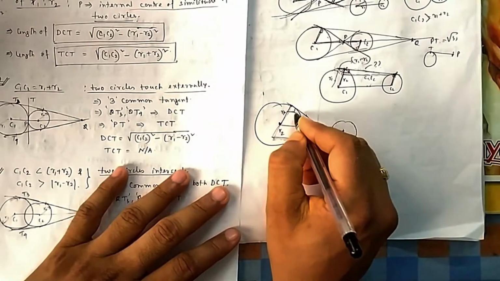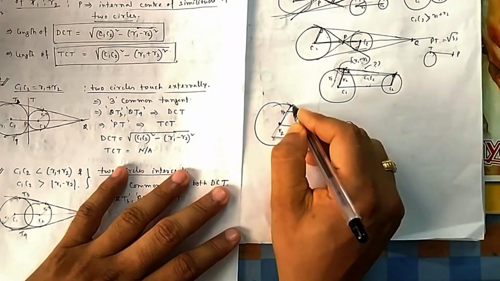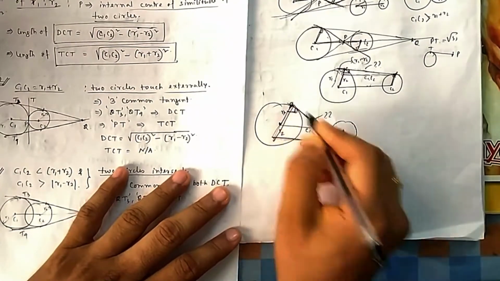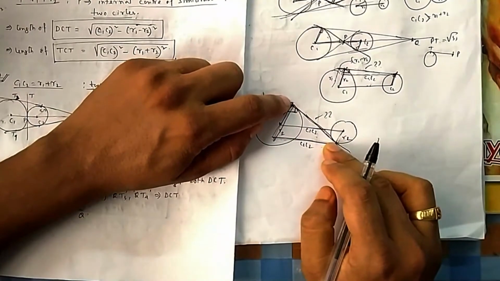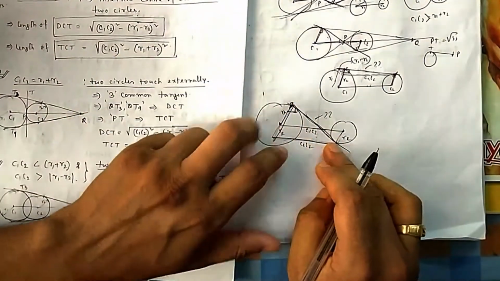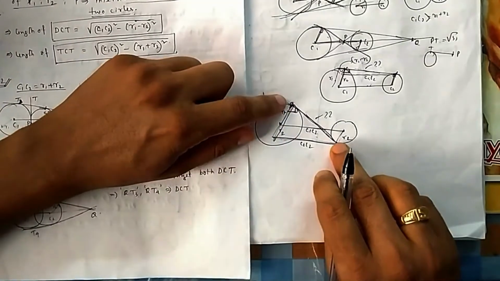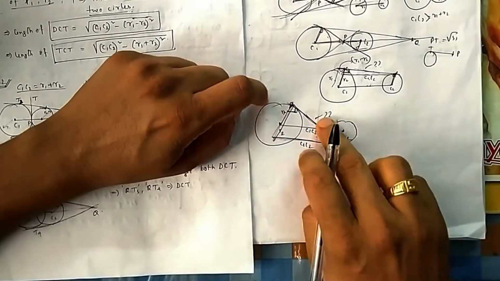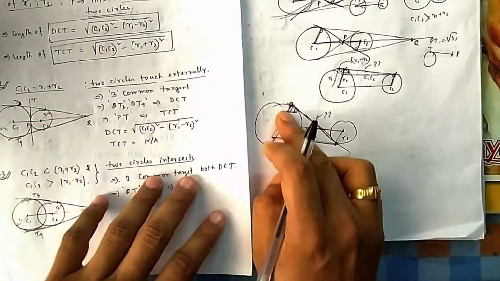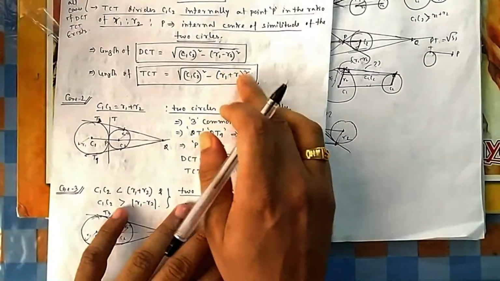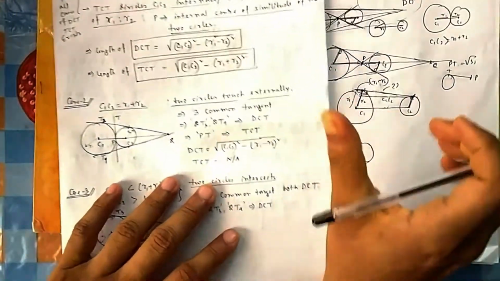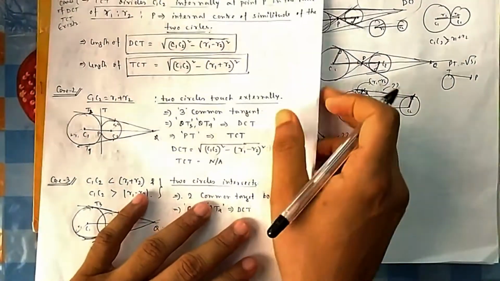So you can see this length from here to here, this triangle. This is 90 degrees. So this length will be equal to, because TCT will be between these 2 points, I am again mentioning, length of tangent in case of two circles is the distance between the touching points of the two. So this will be equal to this square minus this square. This is nothing but R1 plus R2. So this formula also remains true if we have a TCT intercept between two circles.